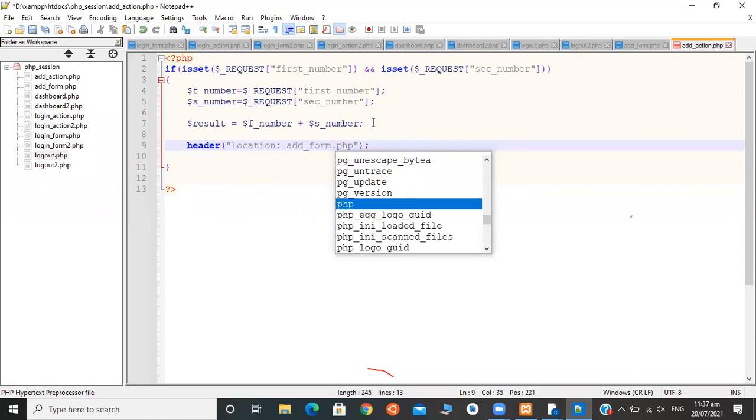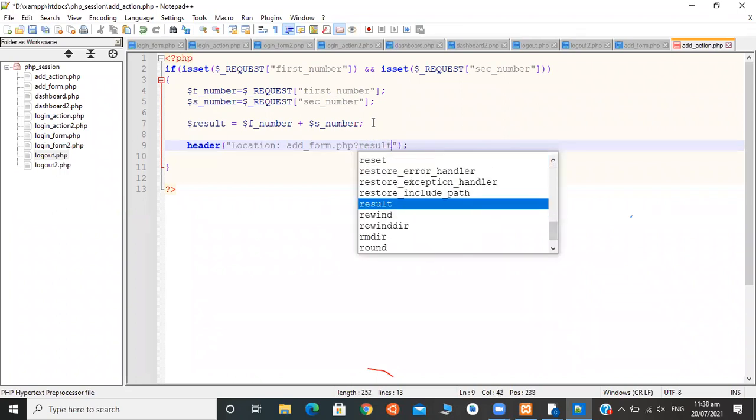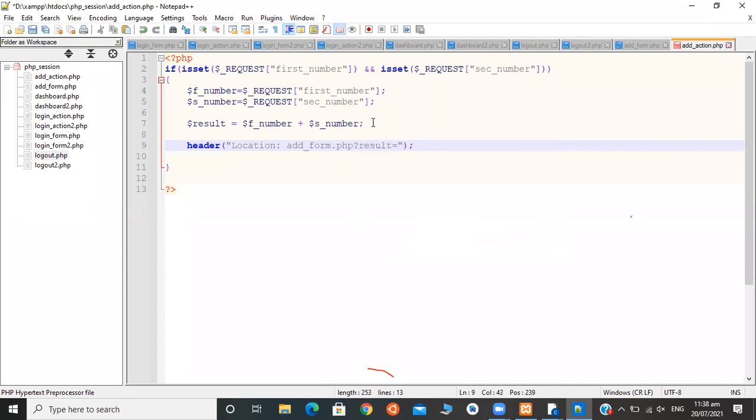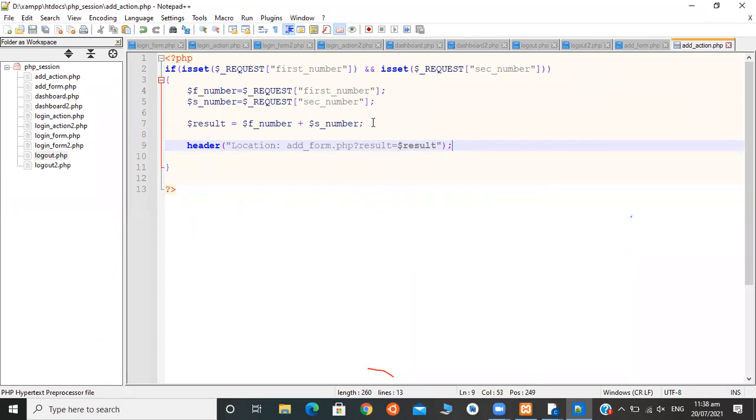How can I pass query parameters here? With a question mark, result equals $result. Okay. Save it.